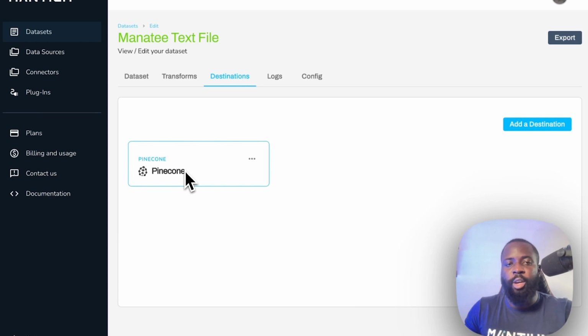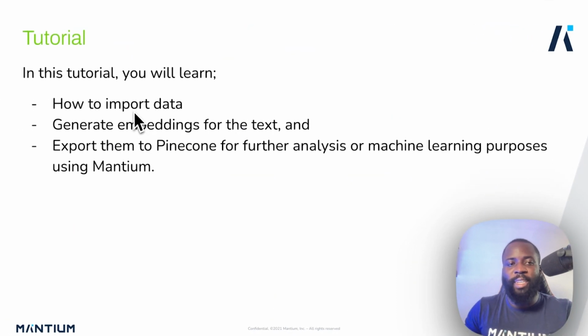So in this tutorial, we covered how to import a text file, generate embeddings from the text file, and then